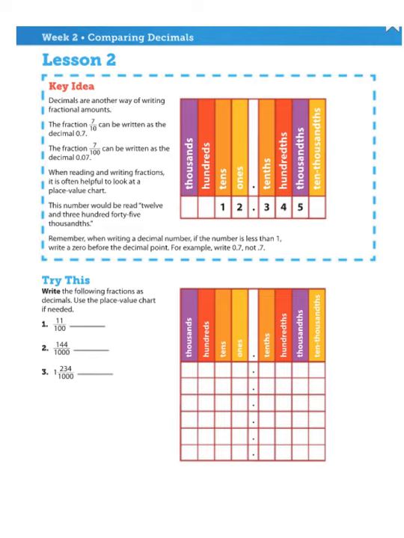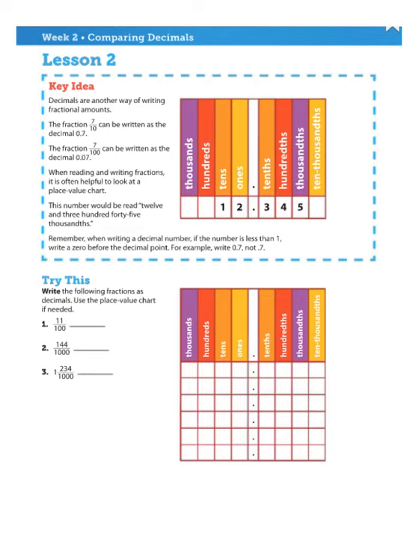When reading and writing decimals, it is often helpful to look at a place value chart. This number would be read 12 and 345 thousandths. So the decimal right here, 12.345. We have your tens, your ones, your tenths, your hundredths, and your thousandths. So this would read 12 and